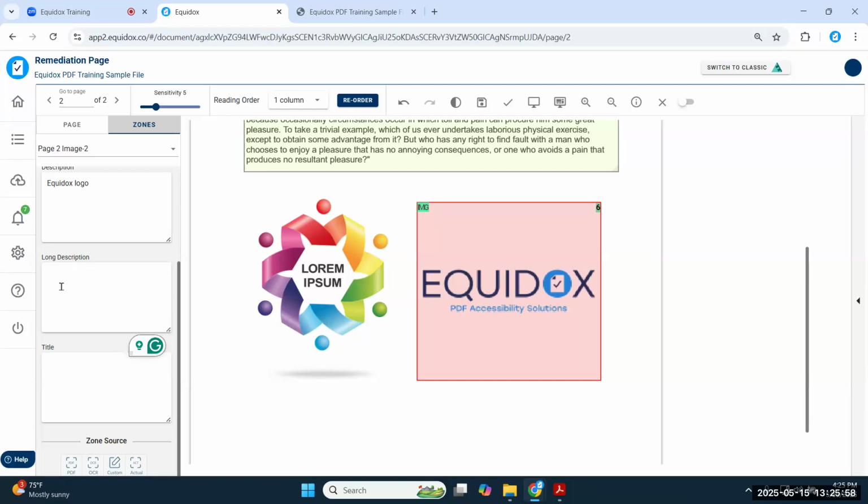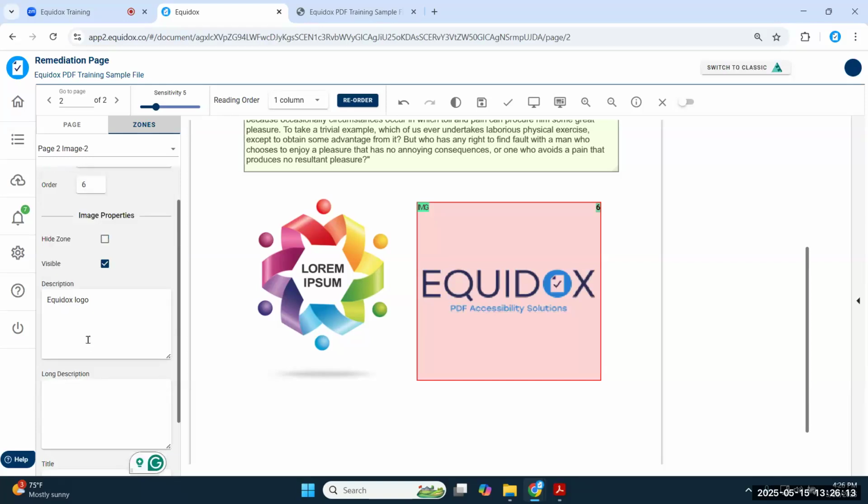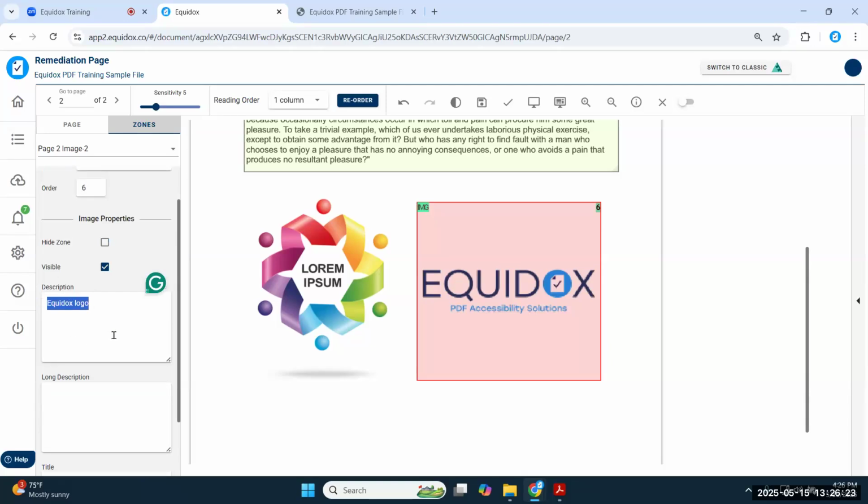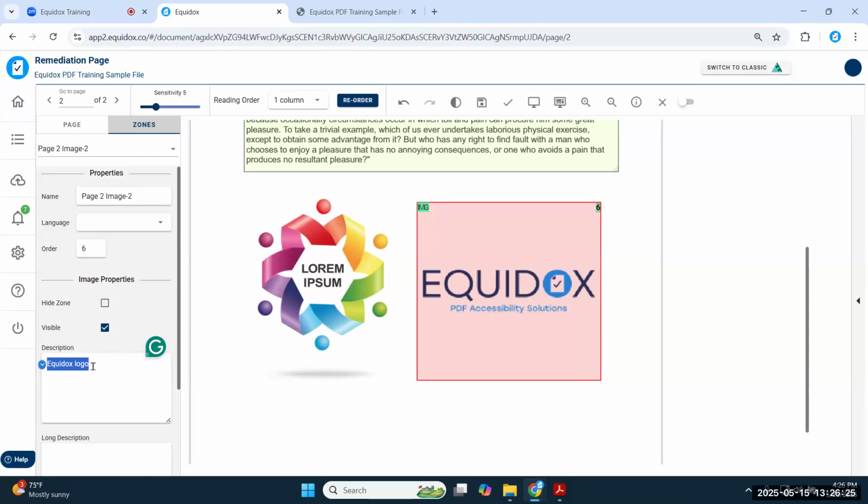But if you feel like converting your document into HTML, which is always an option that you have with Equinox, you can add a long description, which acts kind of like a caption to the image or a title to the image itself. But in general, I find that most users are exclusively exporting their documents back to PDF. So in general, just worry about the description field. This is all you need to focus on for compliance and making sure that the image in the PDF has a description so that a screen reader user hears what it is based on your interpretation of it and whatever you type into this field.